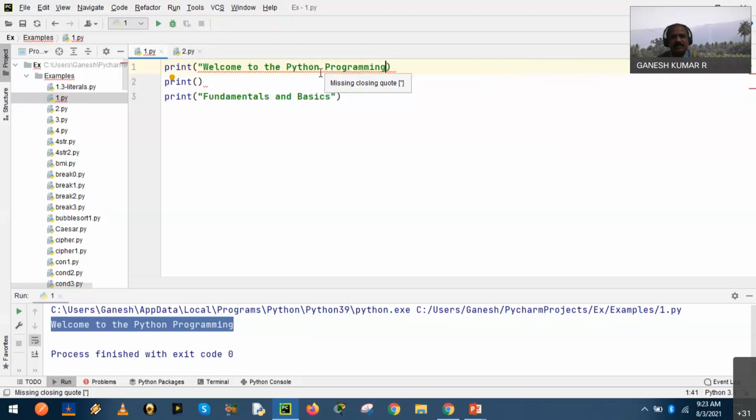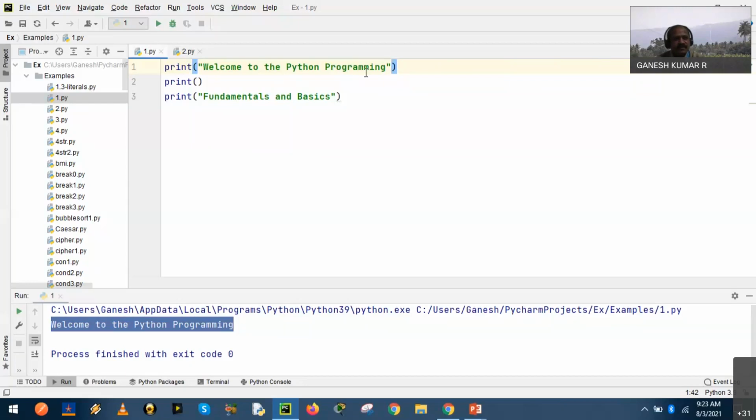Whereas these editors will highlight while typing itself and also assist us with what the mistake is, missing closing quotes. So mistakes could be easily checked and corrected while typing. So the time spent for wrong execution is also saved.